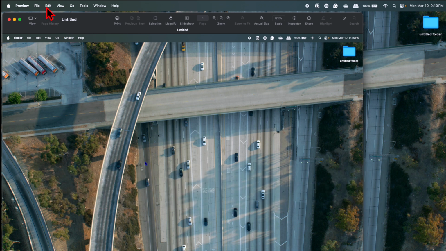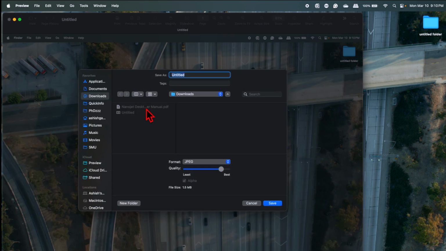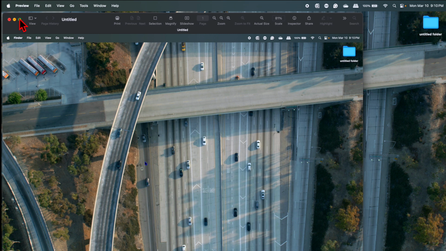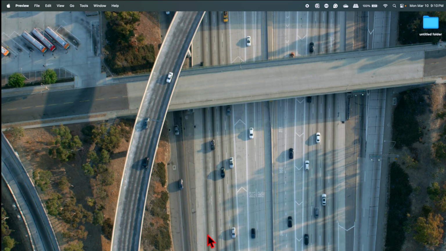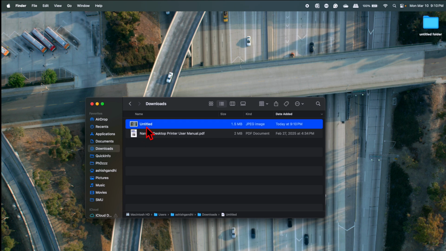To save this one, you can go to the file and click on save. Over here you can give the name, you can choose the directory, and you can also choose the format. There is also option to choose the quality. So let's select download with JPG format and save it. So because already there is a file, so replace. Now you can close it and let's go to the download folder, and in the download you will see the